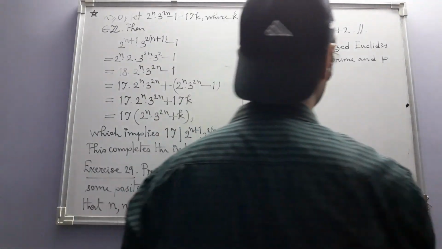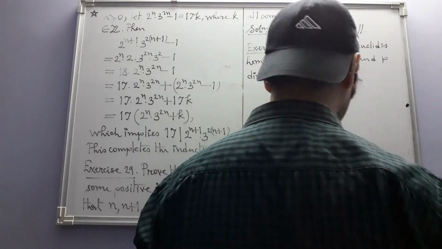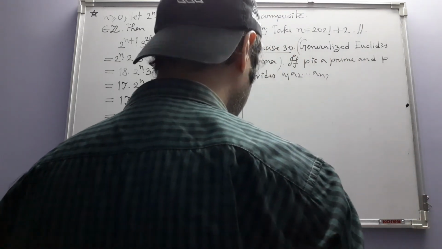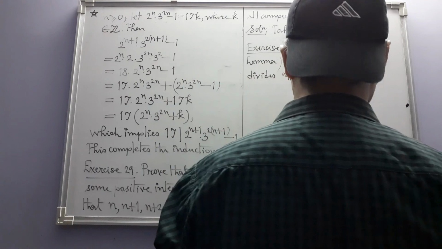Okay, a1, a2, these are all integers. If p divides a product of any number of integers, prove that